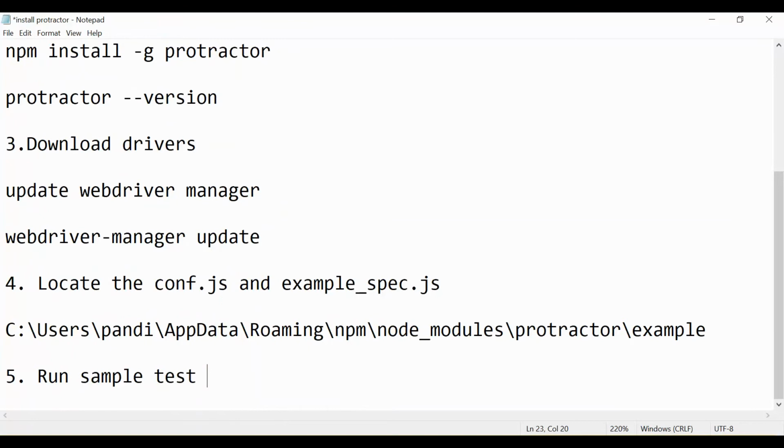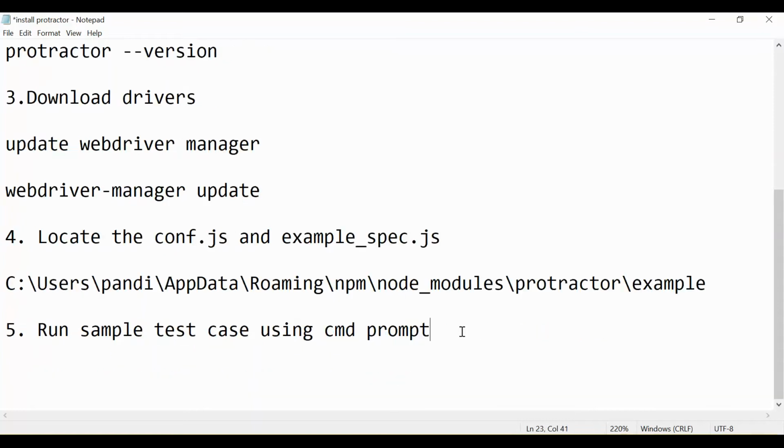And how can you do that? You need to execute one command: protractor conf.js. As I already said, this conf.js file will be used to execute our test cases,